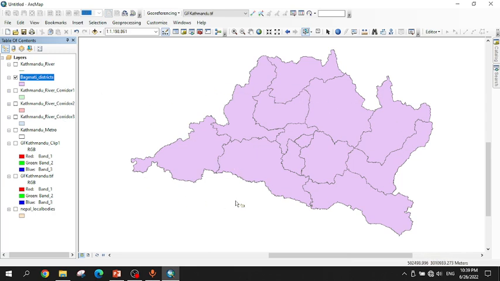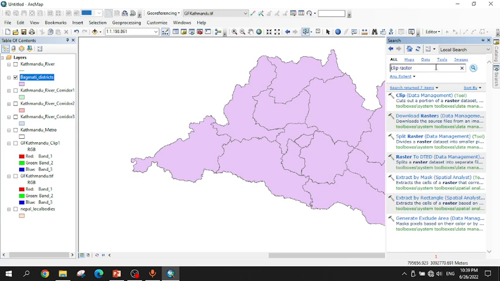But we are going to dissolve this boundary, and we are going to create a new shape file for the province of Bagmati. So for dissolving this district line and creating a Bagmati province only, we have to use the dissolve tool. And for using the dissolve tool, go to search and write dissolve, then search,